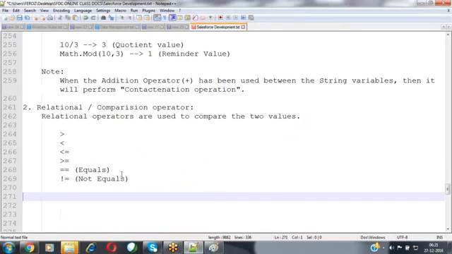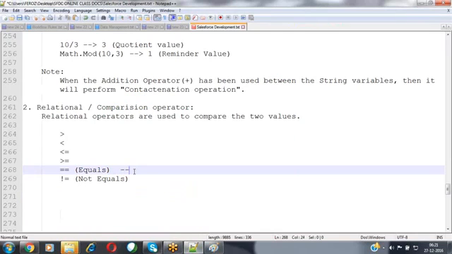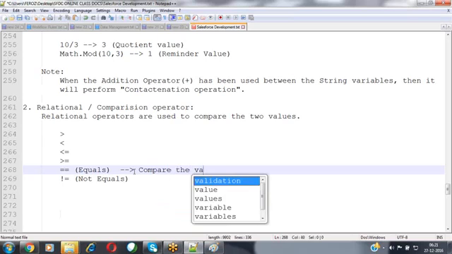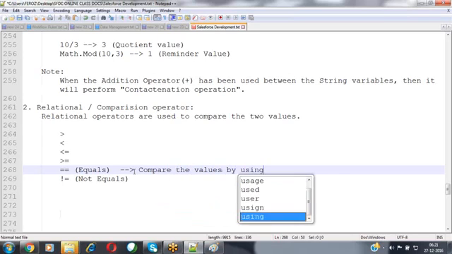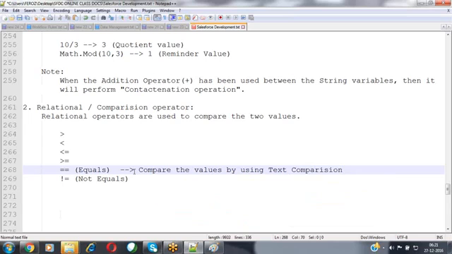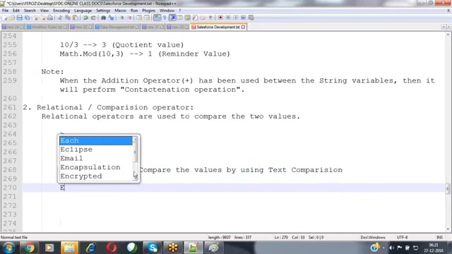Now, when coming to this equals operator, it will compare the values by using text comparison. And in order to compare the values by using binary comparison, we have to use the equals function.